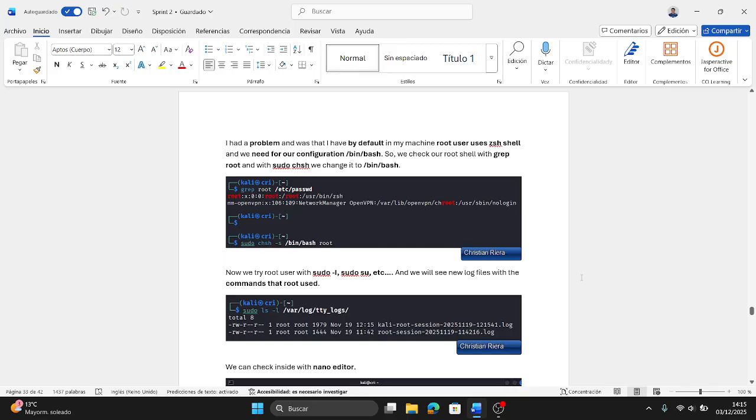I had a problem: by default in my machine the root user uses the sh shell, and we need /bin/bash for our configuration. So we check our root shell with grep root, and with sudo chsh we change it to /bin/bash.